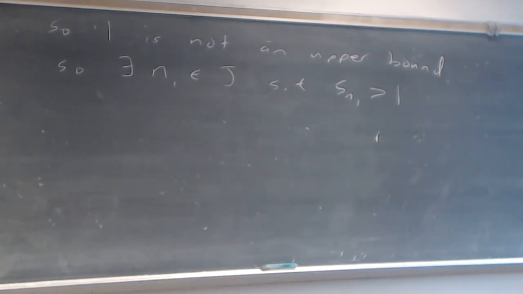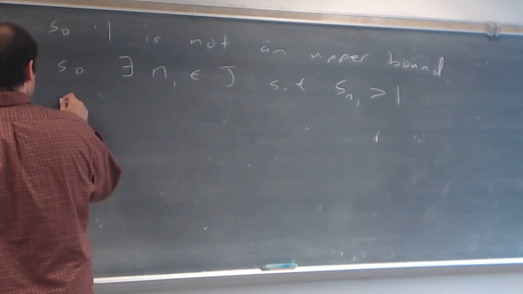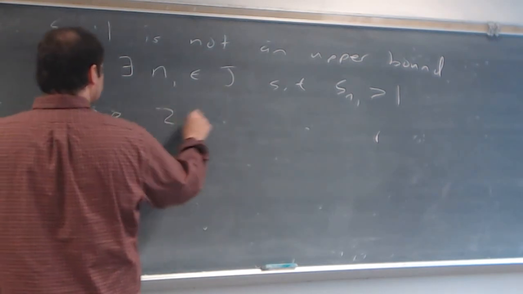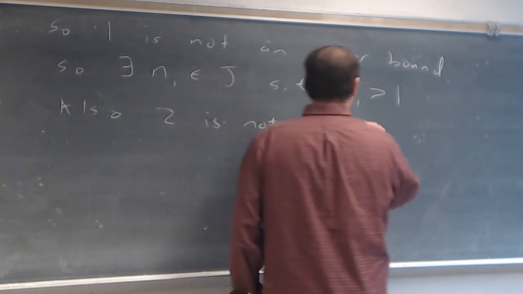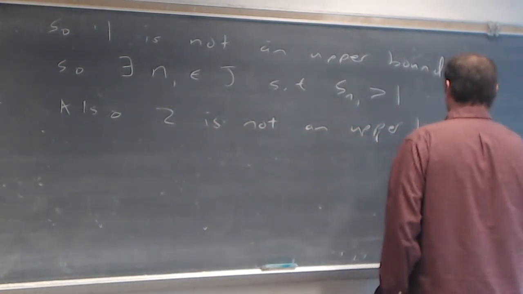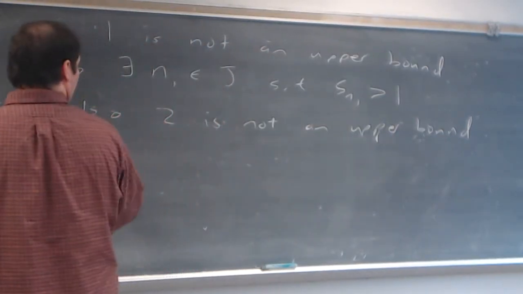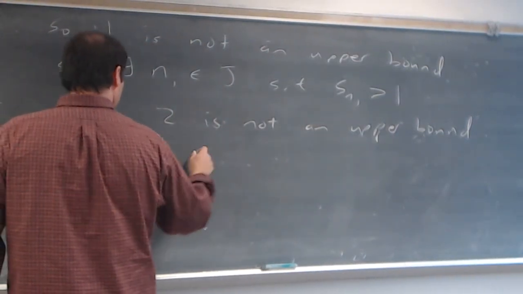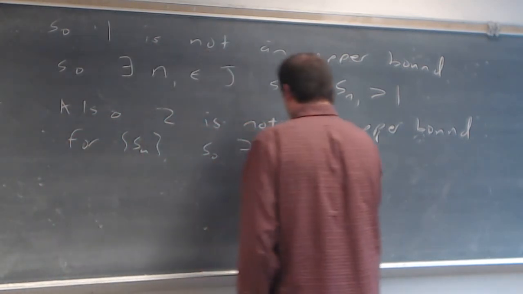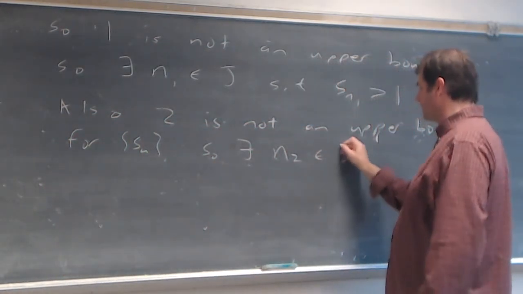Is that okay? I'm creating... I don't know why we should stop with just working with 1. We should also work with 2. Is that okay? What can you tell me? S of n is unbounded above, right? So is 2 an upper bound for S of n? No. Also, 2 is not an upper bound for S of n. So there exists, I'm going to write down n sub 2, element of J, such that